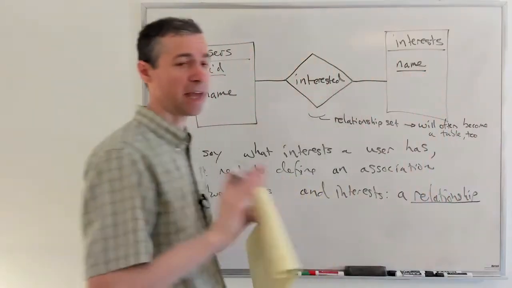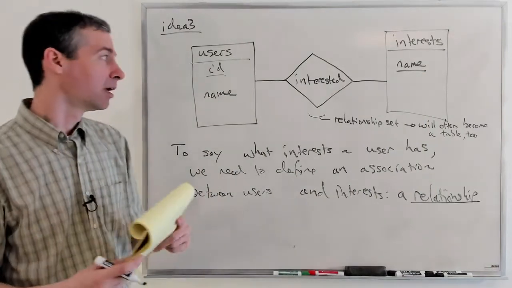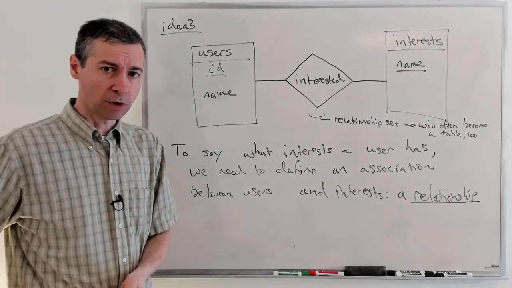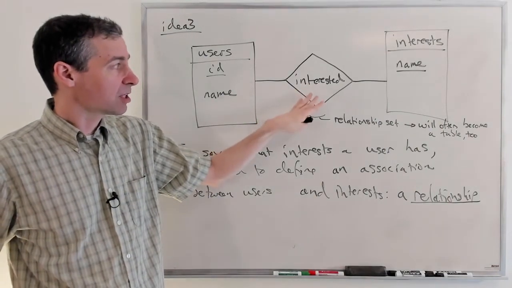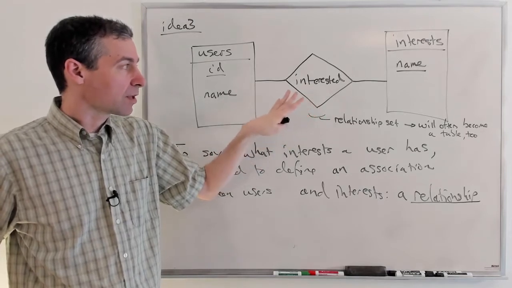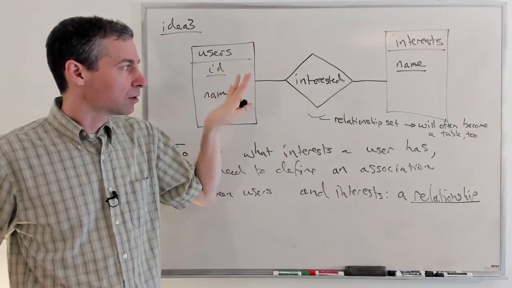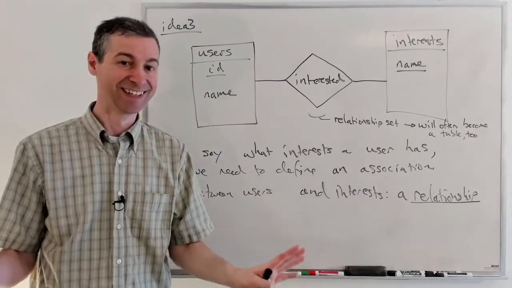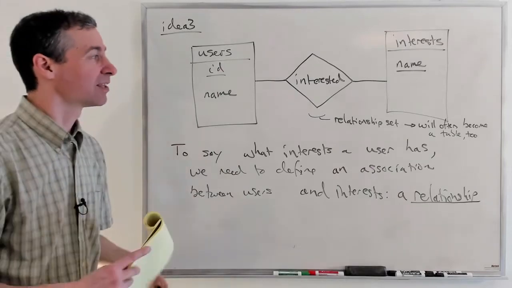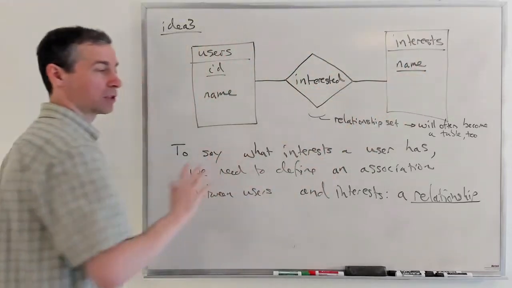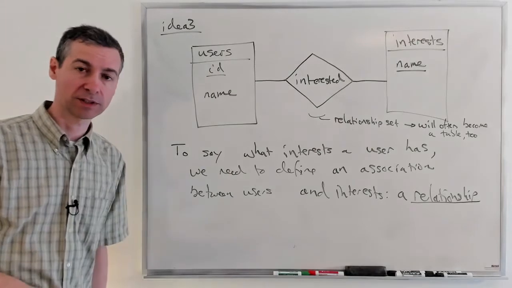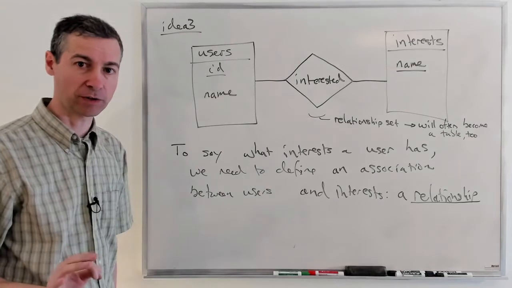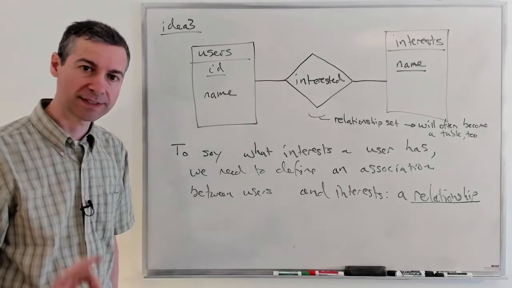So entity sets, absolutely, we're making tables out of these things. Students are sometimes confused because we draw a diamond here, and they're like, but tables are these rectangular things. Don't get yourself confused about this. We're in the first stages. We're not necessarily done. We're in the first stages of creating an entity relationship diagram, which represents the conceptual nature